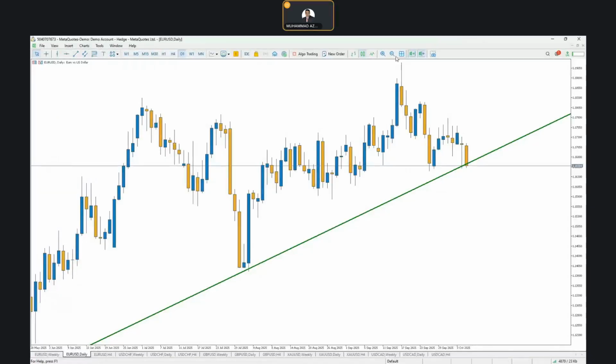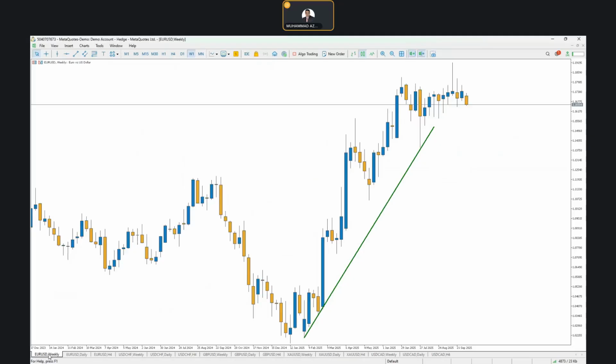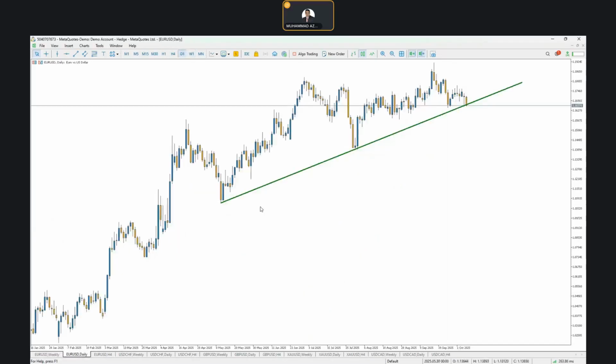So right now, if I zoom out a little bit, go over to a weekly chart, you can see we got this nice bullish trend inside euro dollar currency pair, which is showing us a nice uptrend in euro USD. Now this is the weekly chart. Let's go over to a daily. Now inside a daily time frame, here's a nice bullish trend line over here, and so far market is trying to test this bullish trend line. So to me, the trend is still up inside euro dollar currency pair daily time frame.